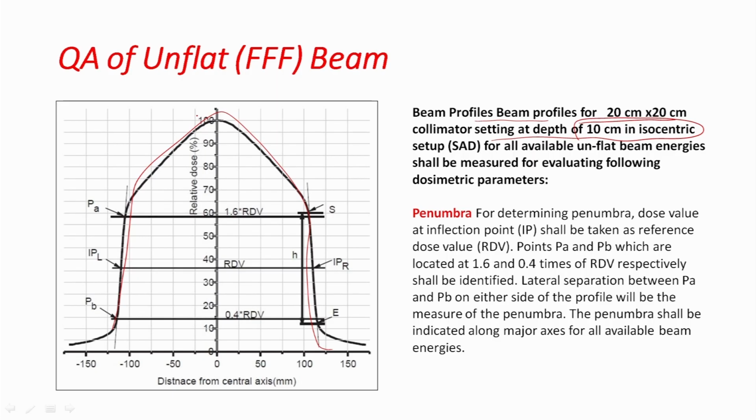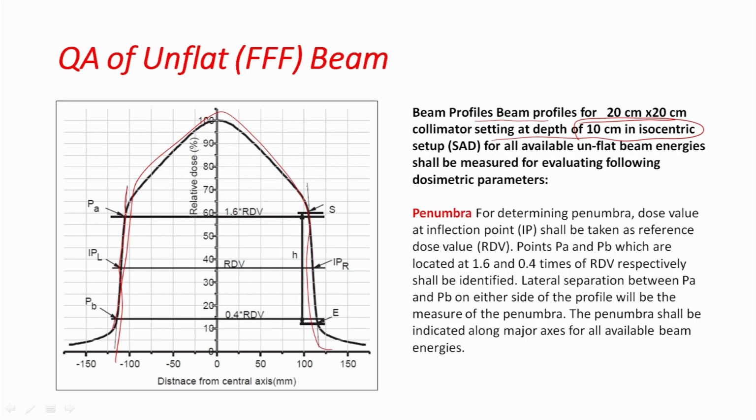the measurement of penumbra is a part of quality assurance. For this measurement, you need to find the inflection point, meaning the point of sharpest dose falloff. For finding the inflection point, you need to draw a tangent. You can see that here a tangent has been drawn. And when you draw a tangent,